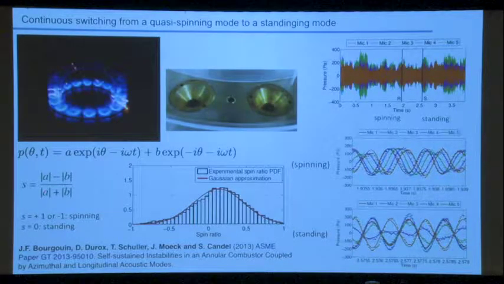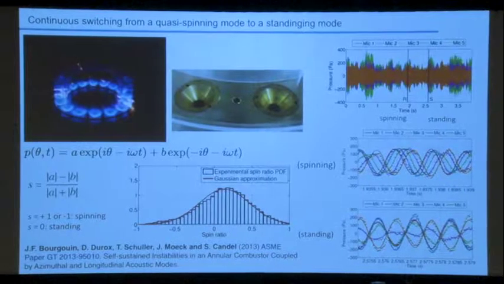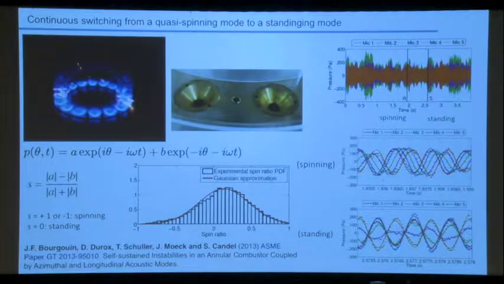In fact, you can look at the spin ratio, and there is a distribution. When you look at the signal, you can actually see that most of it is standing, but you have some spinning motions, some in between. You see there is a distribution, slightly displaced with respect to 0. So the signals are like that. And when you analyze this, you can actually give a probability of having something in between. This is it. And in these experiments, we were using cups, flares.